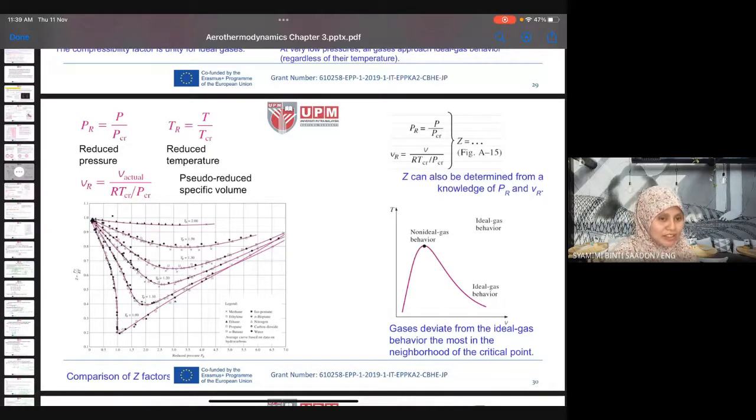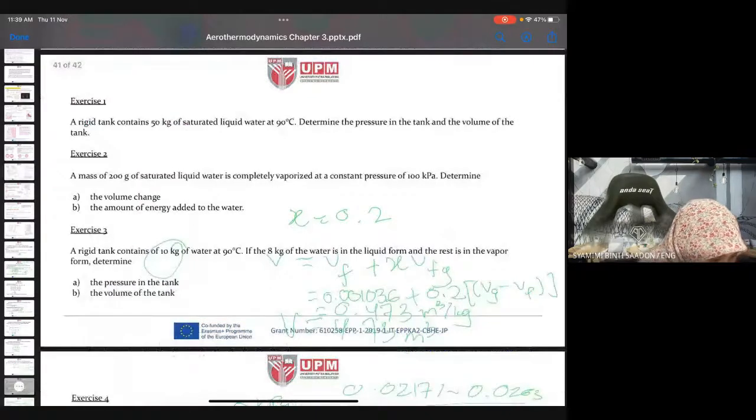PR and TR. So P, for example, just now is 1 megapascal, over the critical point pressure. You can get it from the table that I gave in the WhatsApp, right? R134A critical point properties: temperature is 374.2 and 4.059 for the pressure. So from the values of the table,